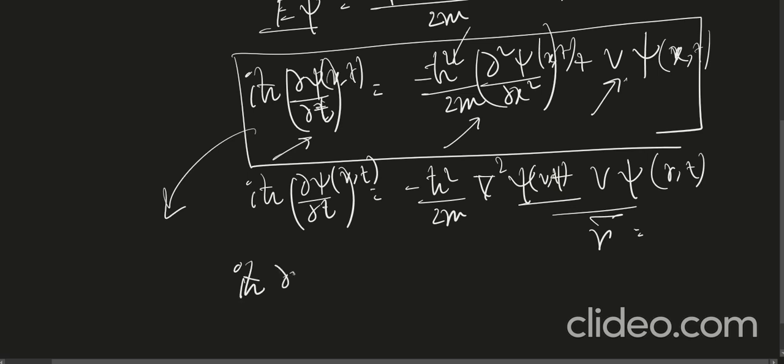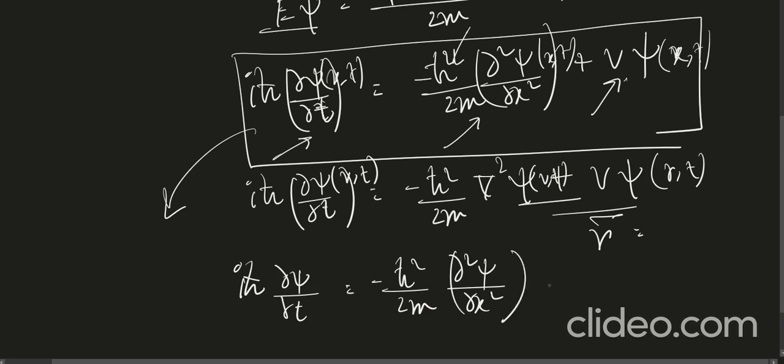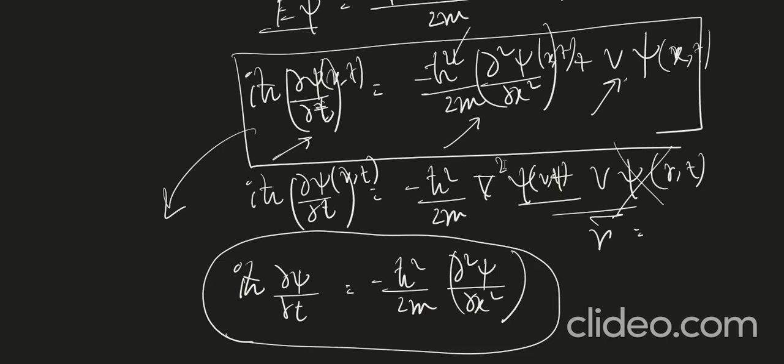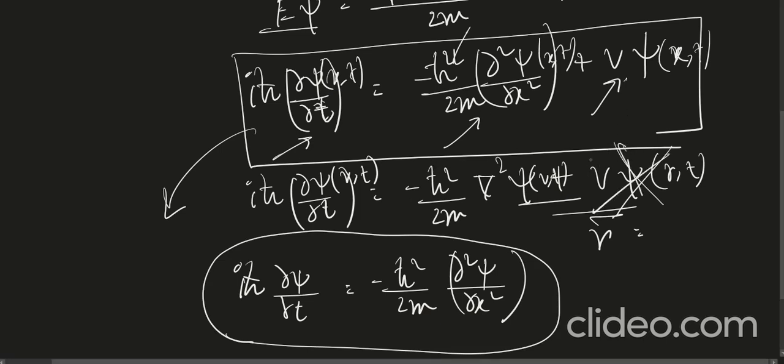i h cut del psi by del t is equal to minus h cut square by twice m del 2 psi by del x2. So this is the time dependent Schrodinger equation for a free particle. This is very easy. Now in 3D it is also very easy. For 3D, we just cancel out the potential expression. Okay, so this is the Schrodinger equation for a time dependent